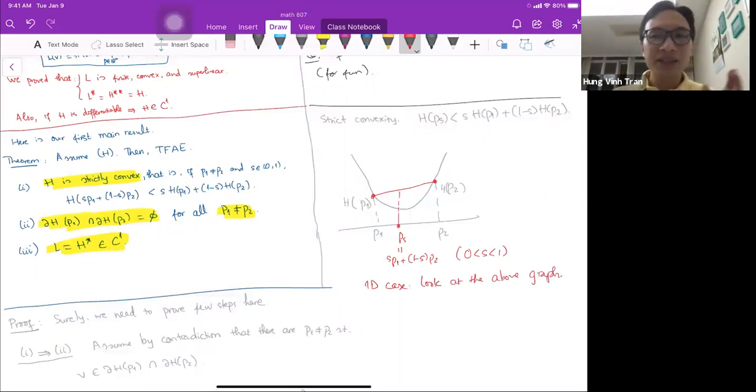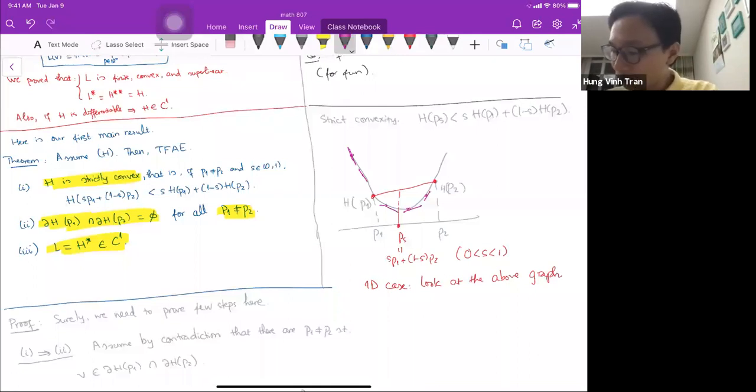Let's try to imagine what strict convexity means before we do the proof, because I wouldn't want you to get lost. So basically, strict convexity means that if you take any points and you take the tangent vector, assuming that everything is nice. I don't assume the Hamiltonian here is C1, but let's assume that everything is nice. So if you touch the graph by supporting hyperplanes, supporting tangent plane in this case, strict convexity means that for P1 less than P2, I should have that H prime of P1 is less than H prime of P2,